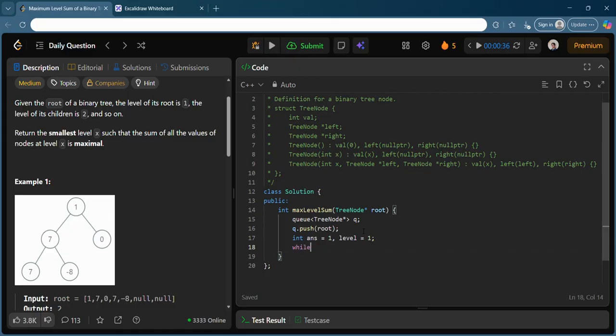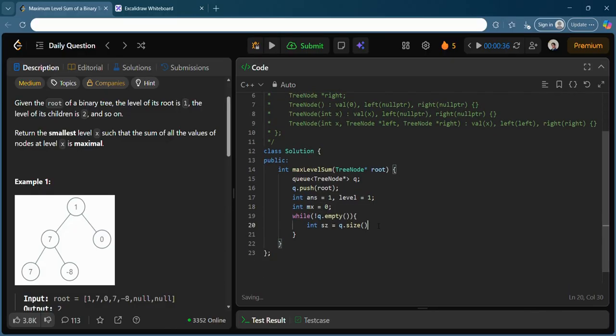So while not queue dot empty, while the queue is not empty, what you can do? At first you extract the size of the queue. Okay. So you also have a max value which will tell you the particular maximum value encountered so far. Okay, so you have this size, and while size is minus minus, you can just do this level order traversal,